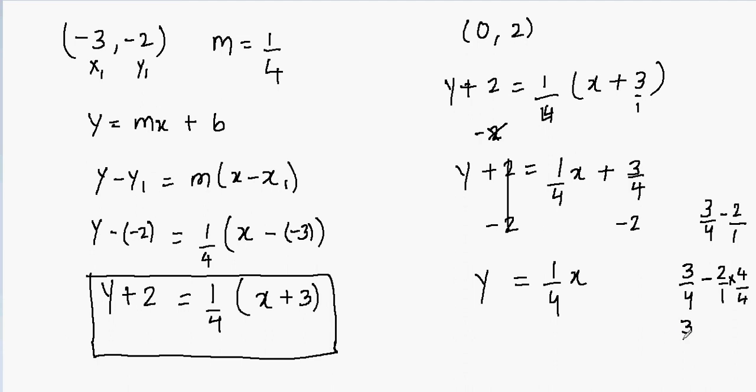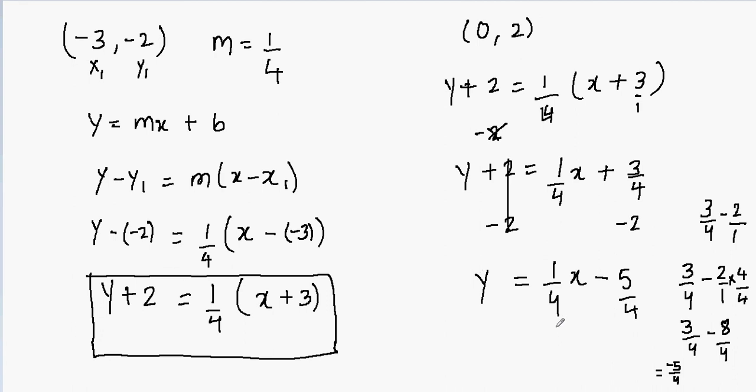So I'll get here 3 over 4 minus 2 times 4, which is 8, over 1 times 4, which is 4. So this will be 8 over 4. Now 3 minus 8 will be negative 5 over 4. So here I can write this as negative 5 over 4. So my final equation in slope-intercept form will be y equals 1 over 4x minus 5 over 4,